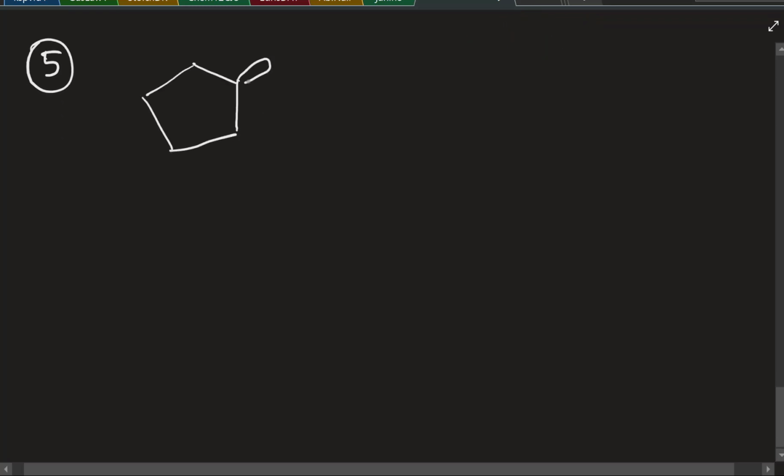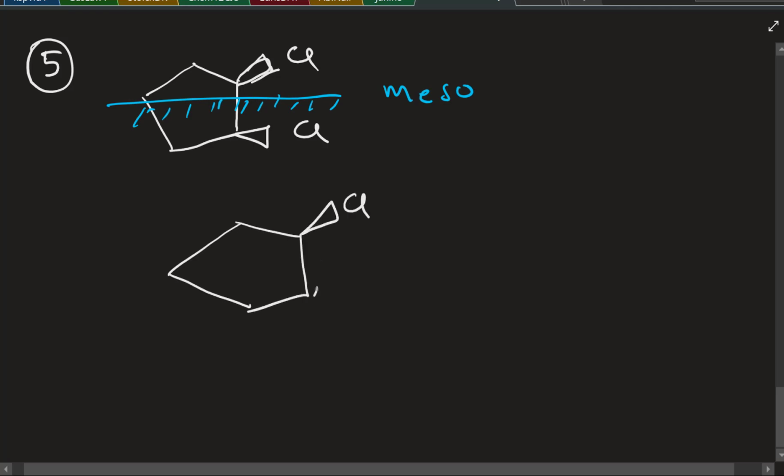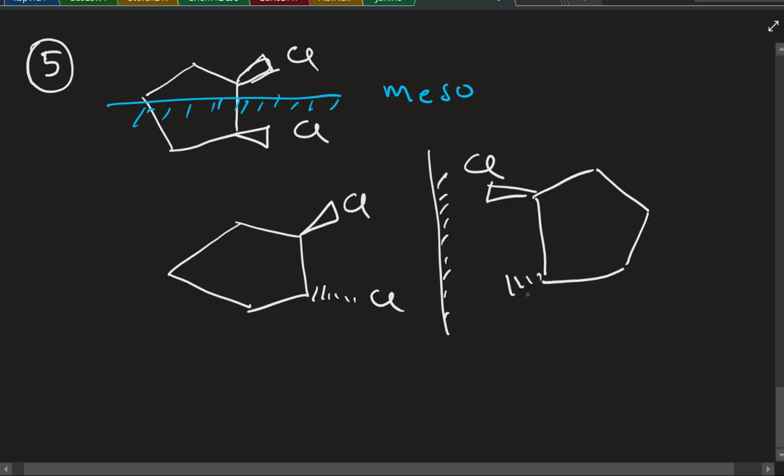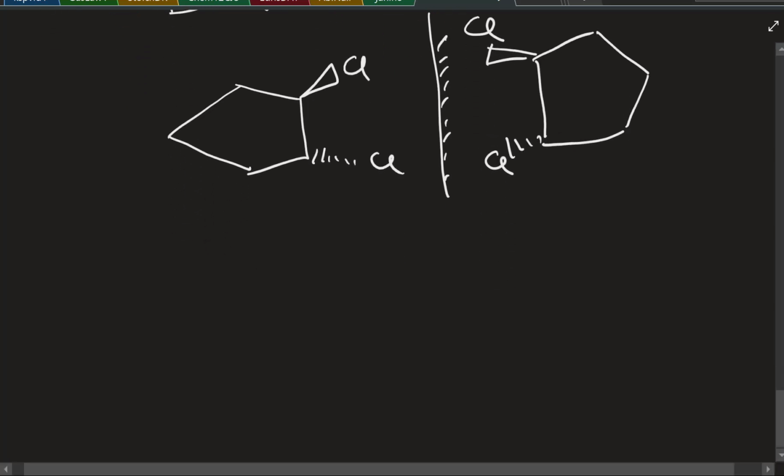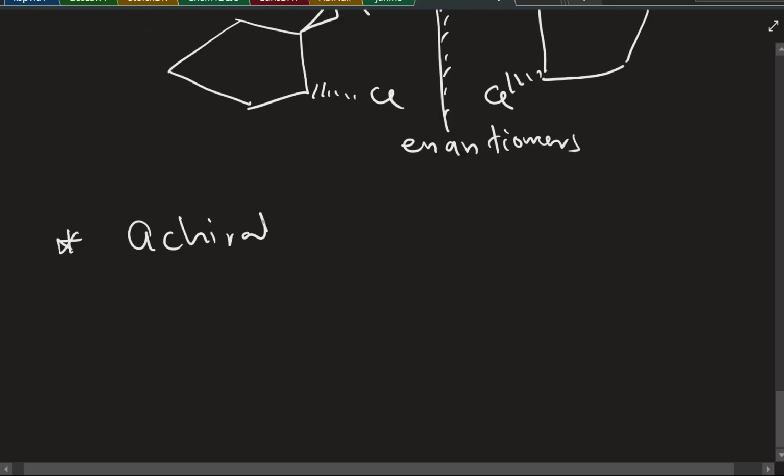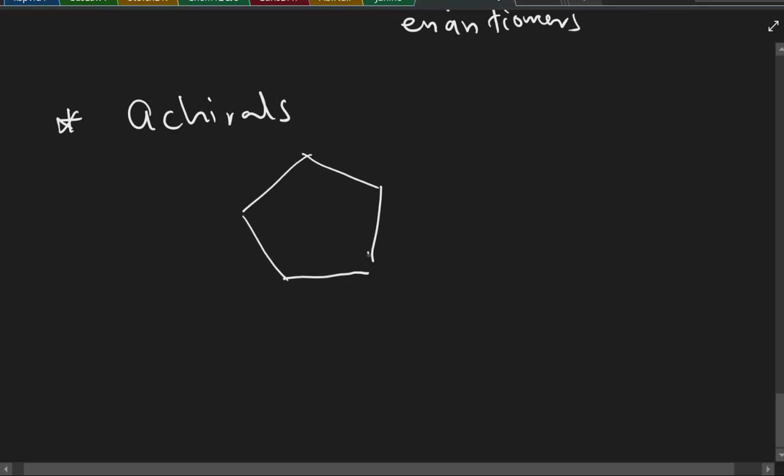Now, the fifth one, so this is again cyclic, cyclopentane, dichlorocyclopentane. I can simply draw an internal mirror, so that has to be meso. This one, you could have a mirror image, right? So this pair is an enantiomer pair, right? Now, what are the achirals I can draw? I can put it into the same spot. So now